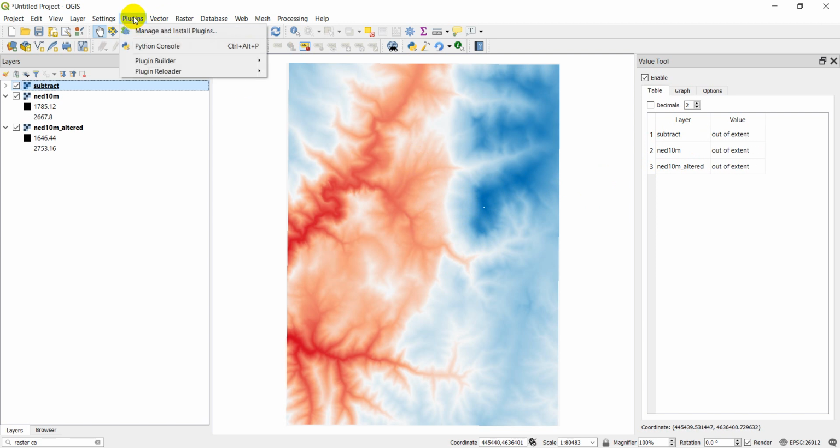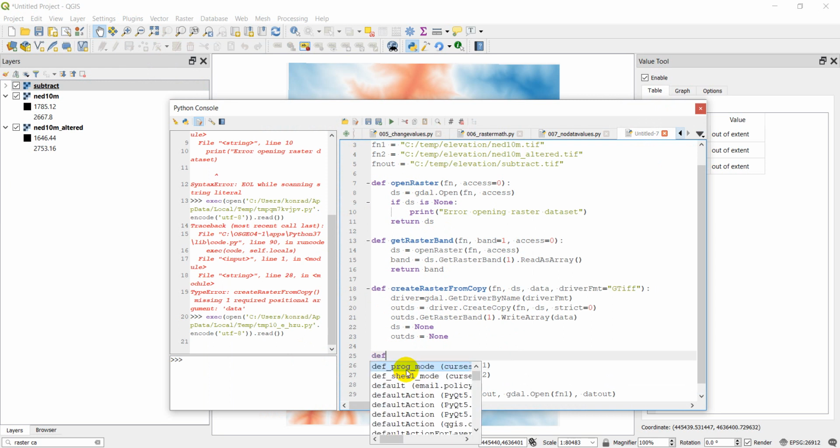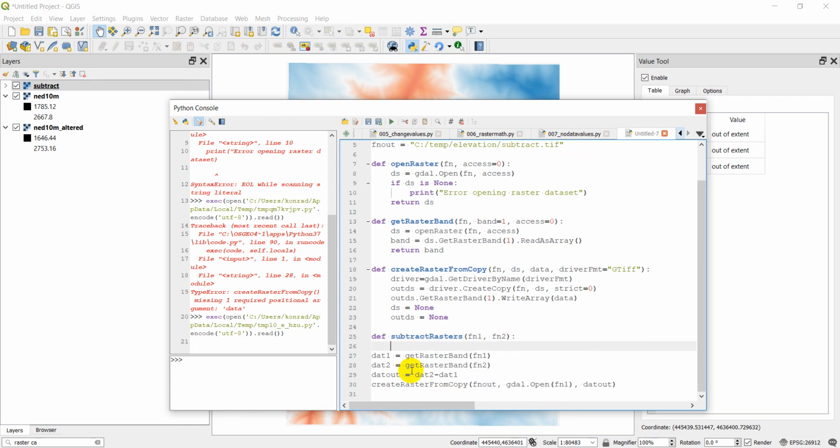I'm going to show you one more thing here. Let's go back to our Python console. So now I have these functions: open raster, get raster band, create raster from copy. What I can do here is I can actually make a new function, which is def subtract rasters. And I can just give it file name 1, file name 2. And here,